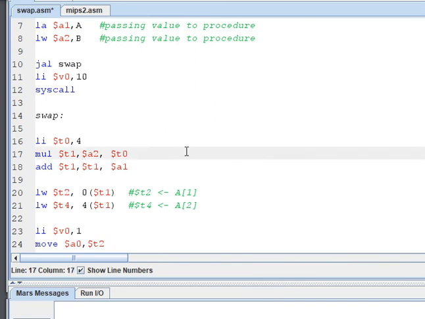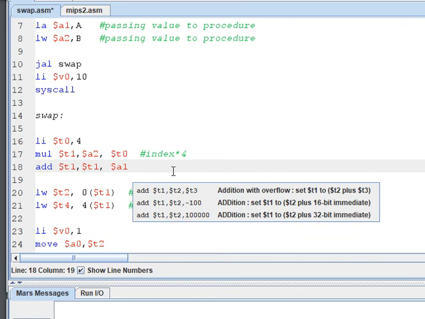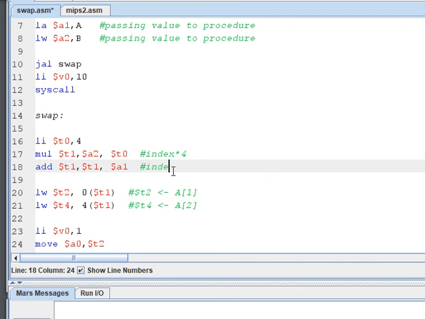This is the idea. Index into 4 plus register A1, which is the base address of the array.